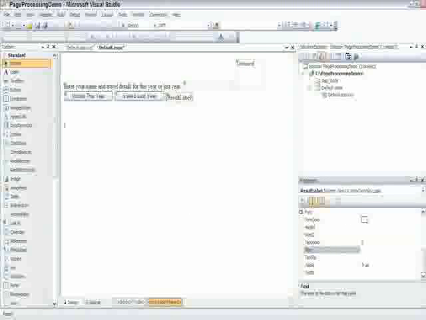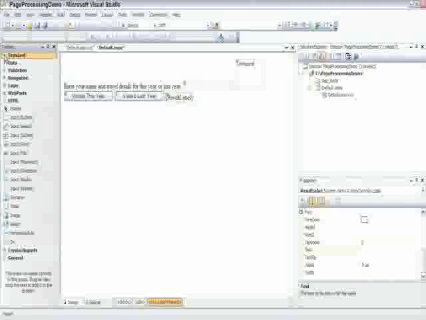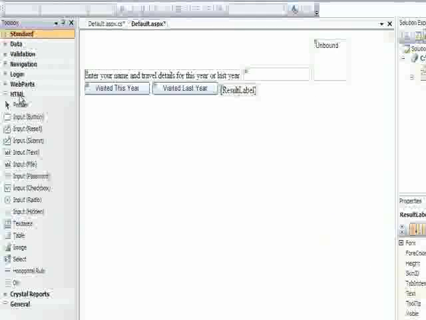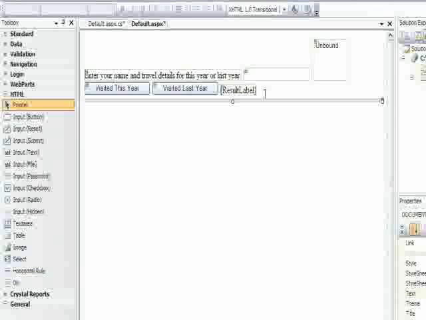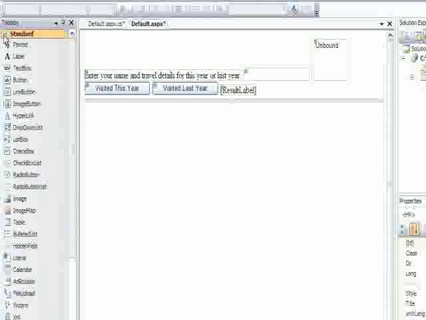And then we'll add a horizontal rule. Now the horizontal rule is an HTML control. So on the HTML tab, let's select horizontal rule and drag it over here. Remember, it's quite okay to mix and match HTML controls and web controls on the same page. That's quite fine. Finally, we'll go back to the standard tab and we'll add another label down here, right at